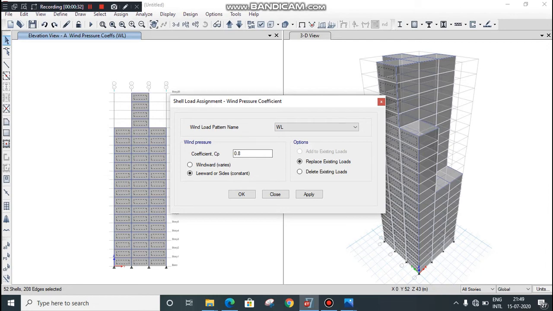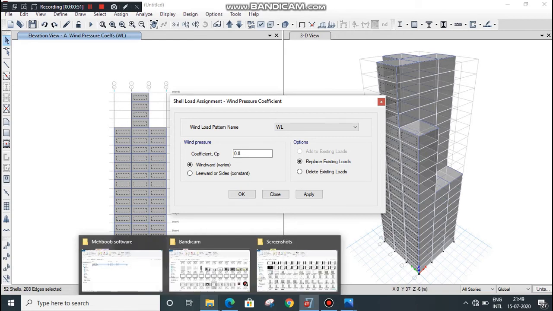Now here you can see the wind load pattern name is wind load and wind pressure Cp. Now this A section has the windward direction. Click on windward direction and you can refer to the Cp value from IS code 875 table number 4.